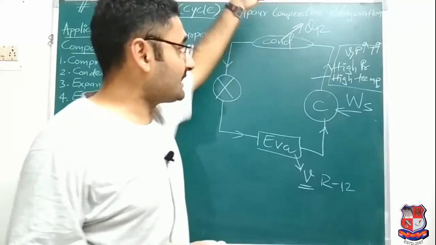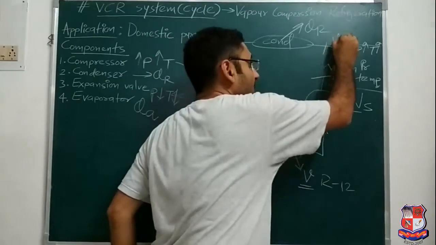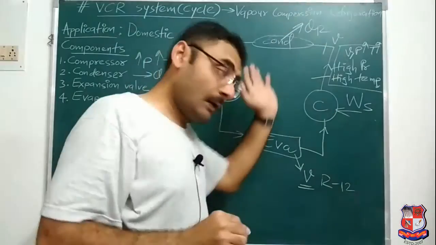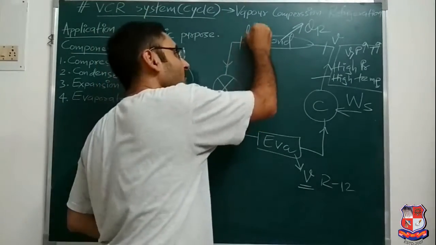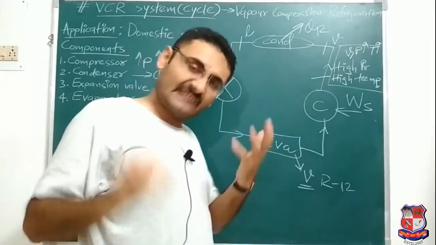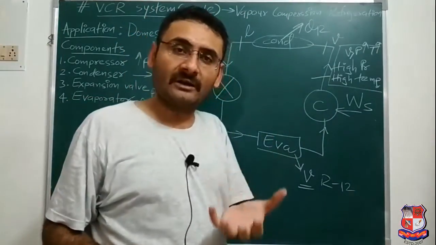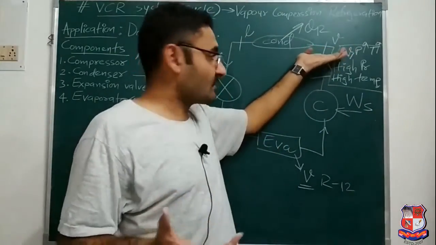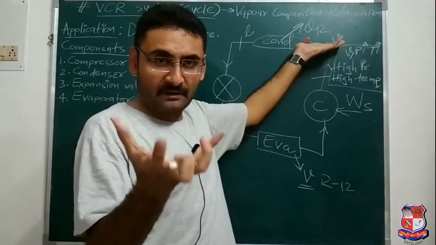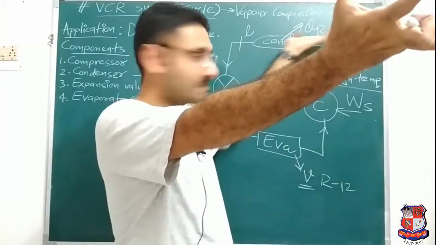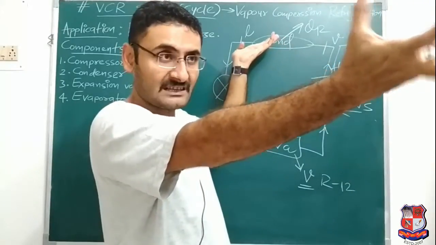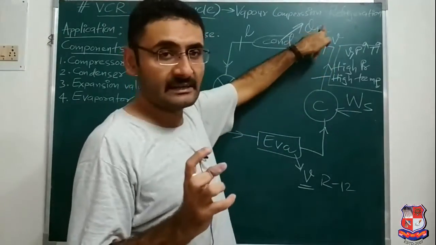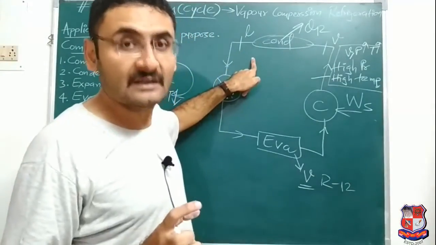And if you reject the heat from the vapor, because vapor form is present here, then at the outlet of the condenser, which form will you get? Obviously the liquid form. For example, the boiling point of water is 100 degrees centigrade. Suppose it is at 100 degrees centigrade, so vapor form is present. Now that vapor rejects its heat, so its temperature becomes 98 degrees centigrade. So that vapor is converted into liquid. So here the refrigerant rejects the heat, and the vapor form is converted into a liquid form.